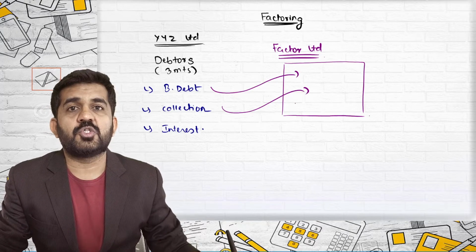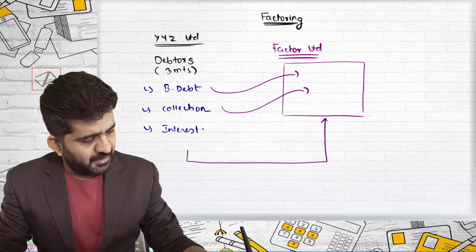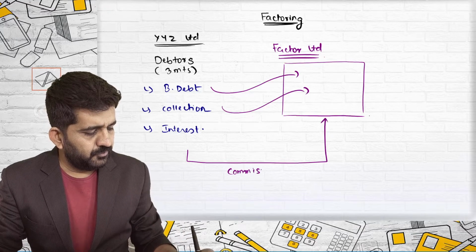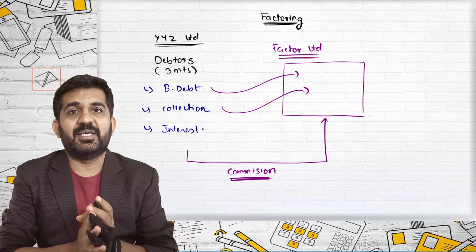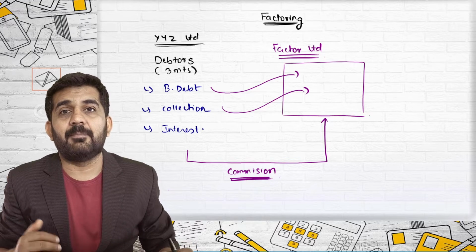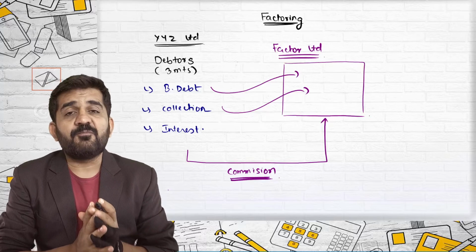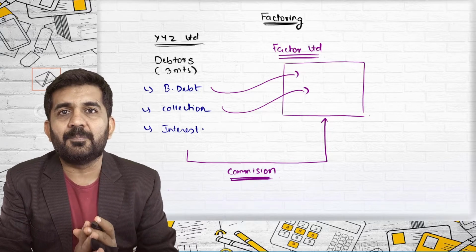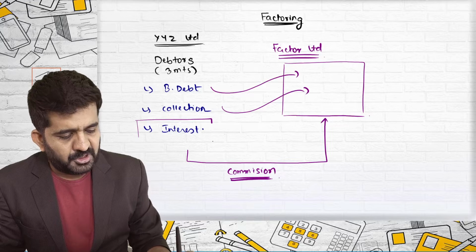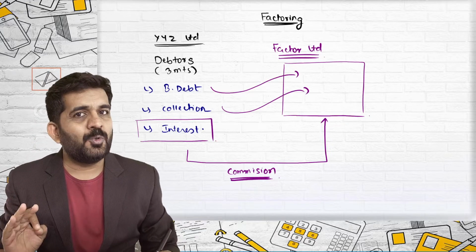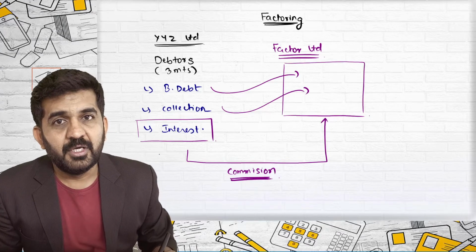What will Factor charge from the business? Factor will charge commission. So XYZ Limited will be paying commission to the Factor. Now why does XYZ Limited pay? Because now it will not have bad debt cost nor any collection cost. Everything is taken over by Factor. Sir, Factor will give money to the company after 3 months. So practically this interest cost is not covered. You are going to get money from debtors after 3 months. From Factor also, normally you will get money after 3 months.